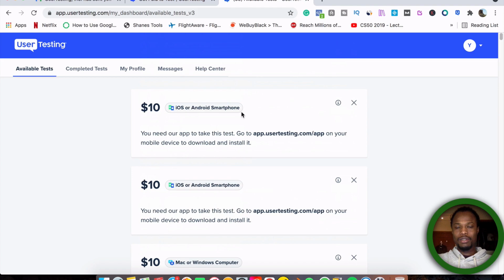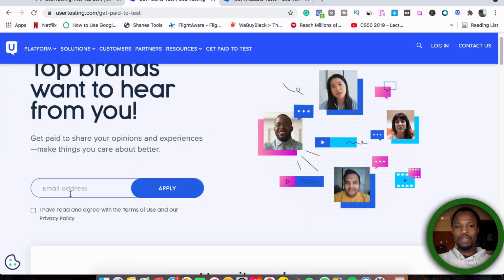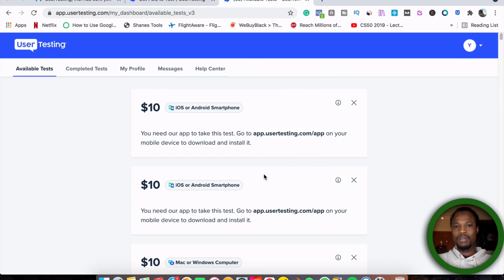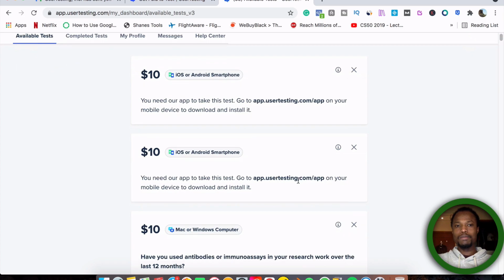After you complete your survey, if they accept you to do the job, then they will send you the test that you have to do. But before that, you have to take some interview. I think when you sign up, when you come here, you sign up your email, you apply, and they will send you an email to get approved. All right, they will send you an email to get approved. You just follow the email, the step by step that you have to do.